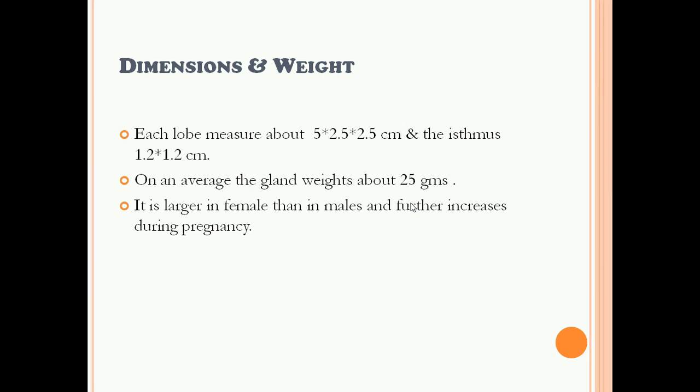The thyroid gland is responsible not only for the basal metabolic rate, but also for the calcium metabolism. In pregnancy and lactation, the calcium demand for the female increases. Hence, the gland also is supposed to increase in size when compared to the male.